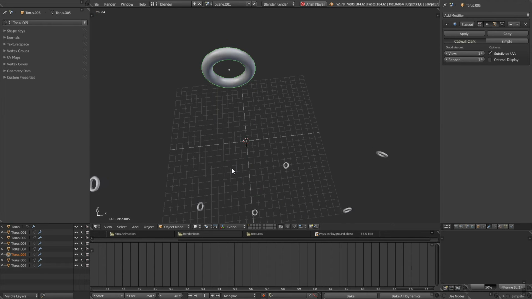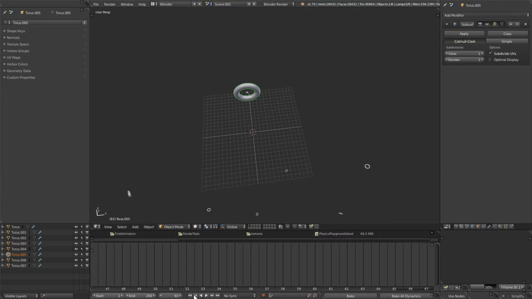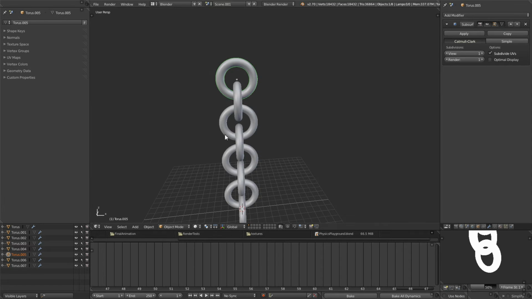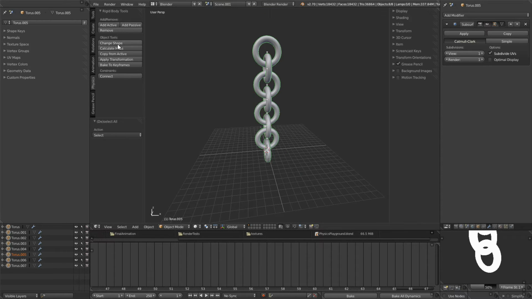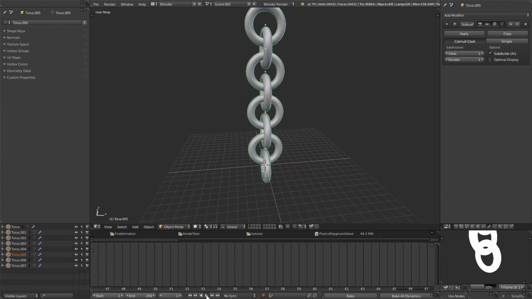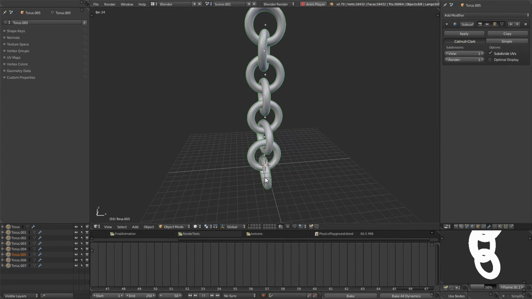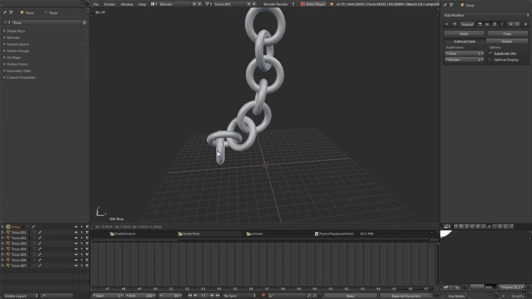Oh, and you see they go flying. What did we do wrong? Well, what we did wrong is we need to change their shape. So we'll tap A to select all, T for our tools, and change the shape to mesh. And then when we hit play, we've got this kind of chain here, and I can select this bottom one here,